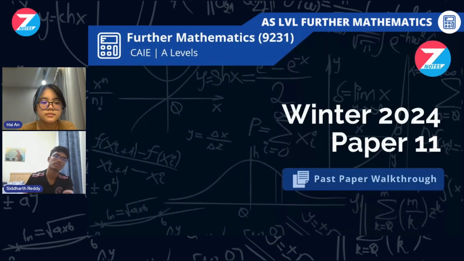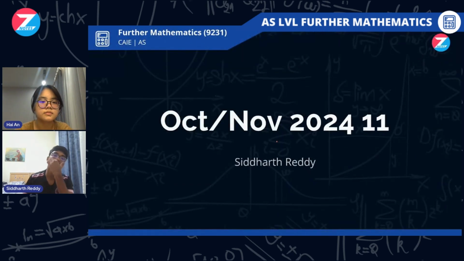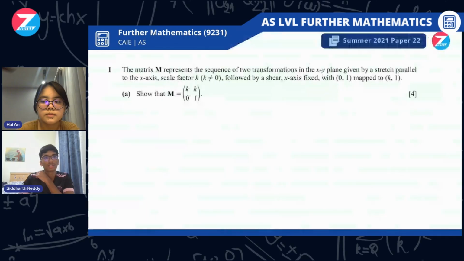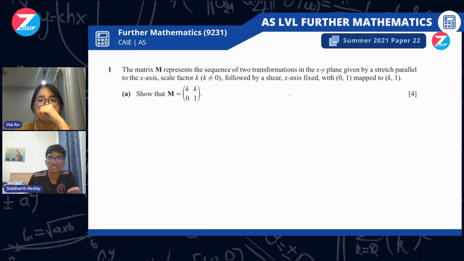Hi guys, I'm Siddharth. I'll be solving the October 2024 paper 1-1. Let's start. The matrix M represents the sequence of two transformations in the xy plane given by a stretch parallel to the x-axis by a scale factor k, followed by a shear with the x-axis fixed with (0, 1) mapped to (k, 1). So what this actually means visually is that if we have the xy plane like this,